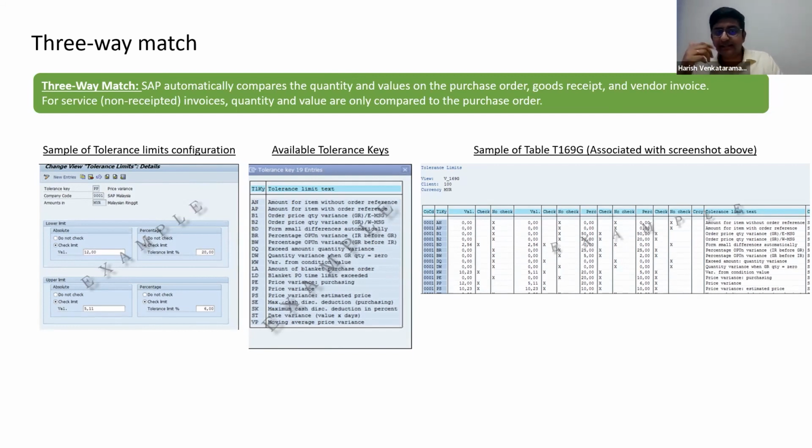So these are the various tolerance keys that we should be aware of when we are looking at the three-way match. And one of the most critical tables is T169G, using the transaction code SE16, that stores all of these relevant configurations. Right, now moving on to the next one on